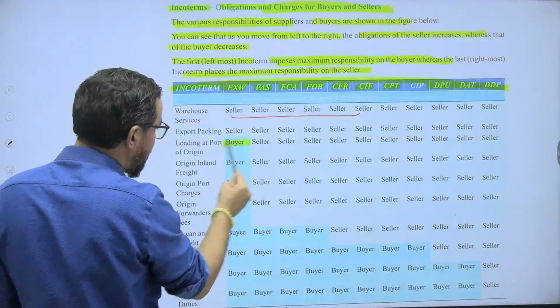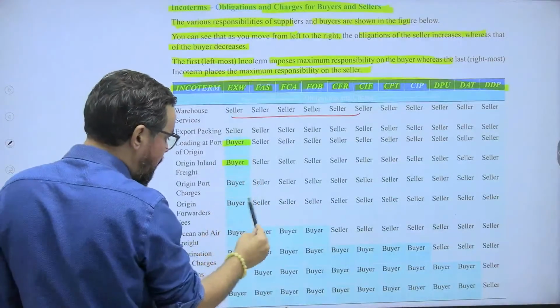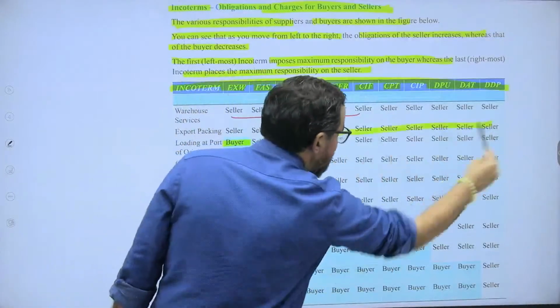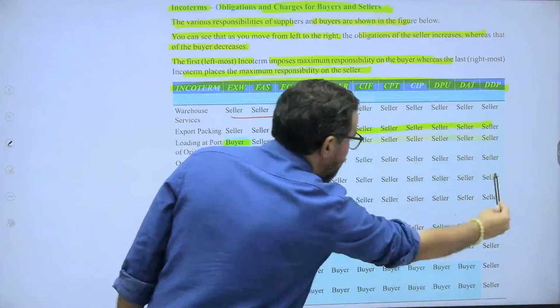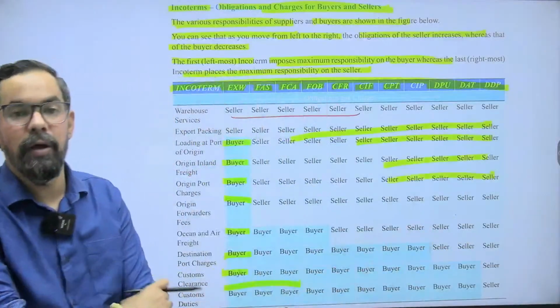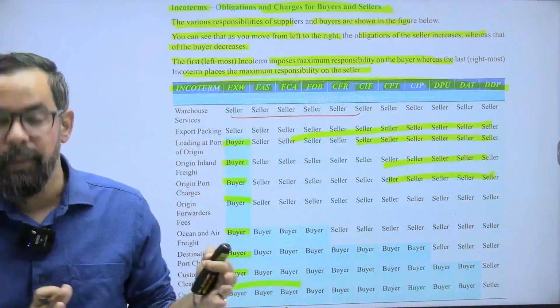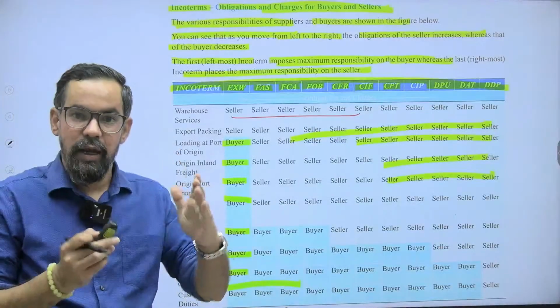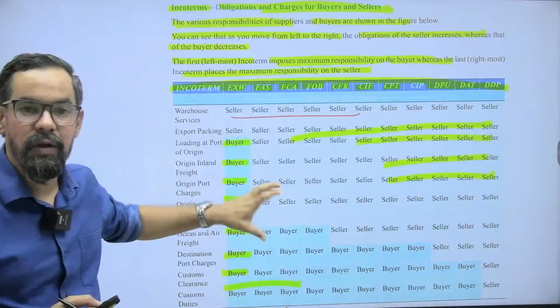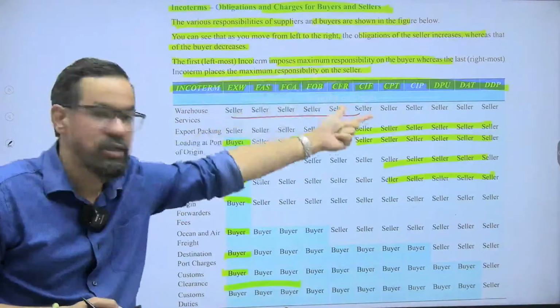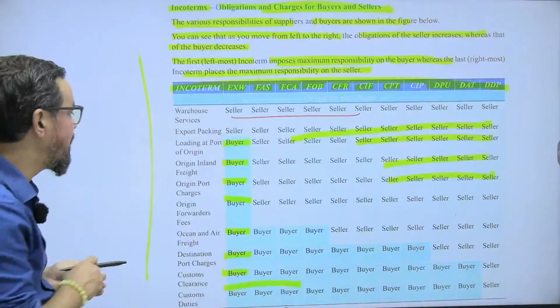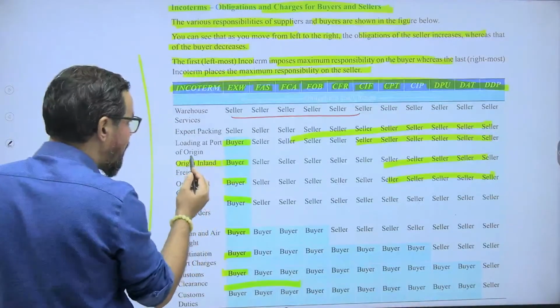So like we have in this case buyers, and these all are generally buyers, and then these move toward the sellers. The responsibilities in that particular agreement and the division of that particular responsibility. So while we design that sale contract, we generally mention around these particular things. We generally use these terminologies, and with this chart, basically what we are doing, like let's say origin inland,